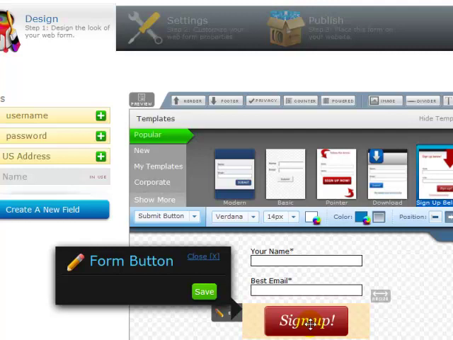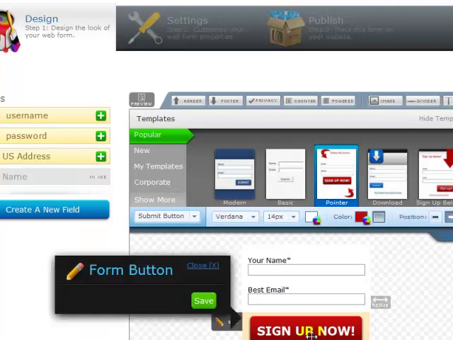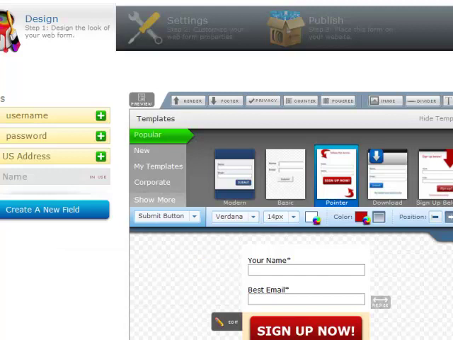Now, some of these don't have the option to edit the text on the button, so you may want to go with one that does. Let's look at this one. Nope. I think I'd rather have sign up now than just sign up. So I'm going to go with this one, and you can add a header to it if you want, but I'm just going to leave it because we already have